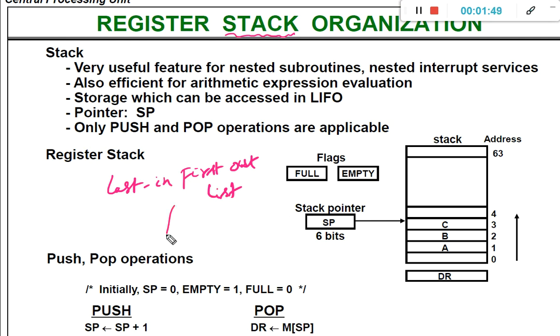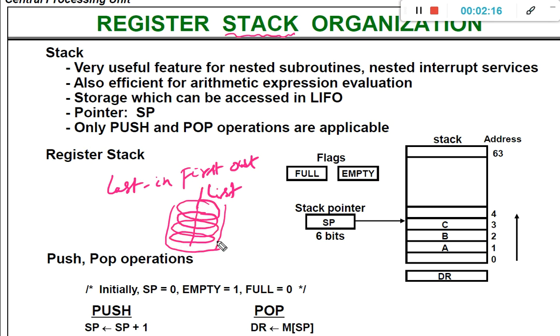For example, consider a stack of trays. You place the first tray, then the second tray, then the third tray, and then the fourth tray.